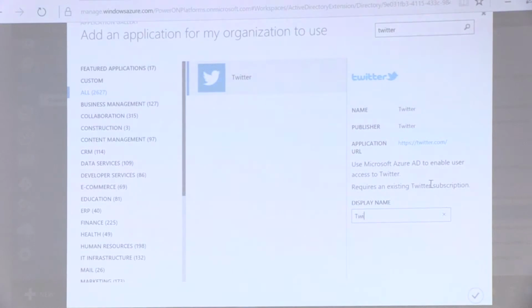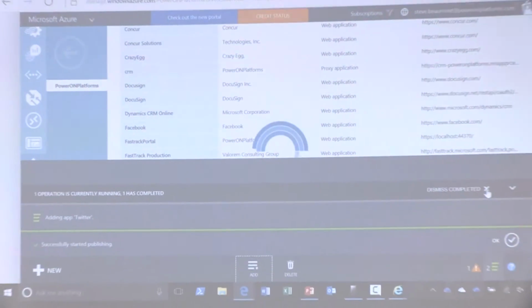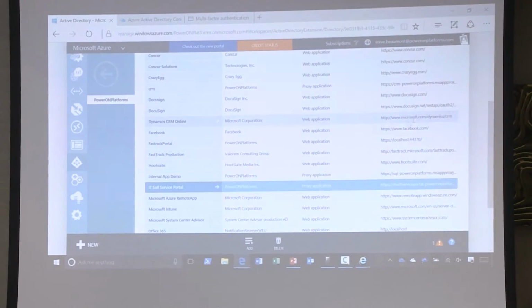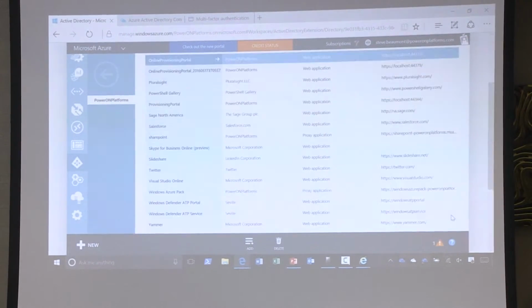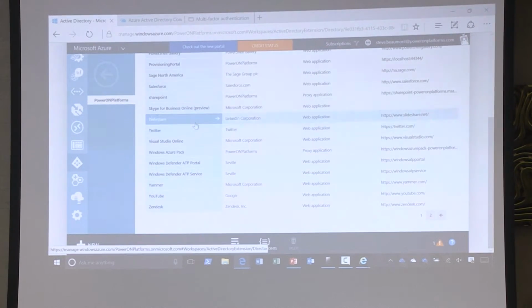Yes, we want to have this as Twitter. And then we click OK. There's not a lot more decision basis around other than finding the application. Now, this isn't going to add it because I already have Twitter in here. So if I go and find my Twitter application,